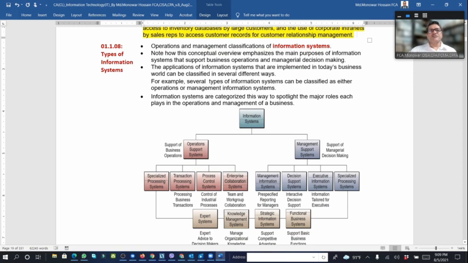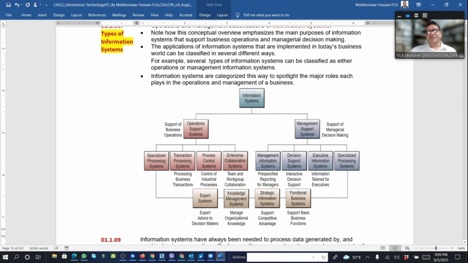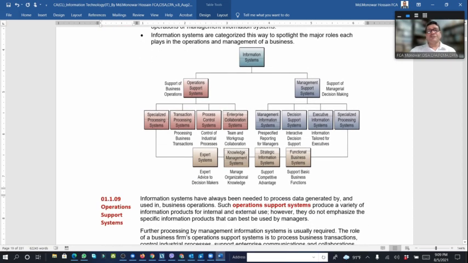And types of information system, there are different types of information system we have. If we see the information system, basically there are two types: one is operation support system, another is management support system. Within operation support system, it supports the business operation, and it includes a specialized process system, transaction processing system, process control system, enterprise collaboration system, and